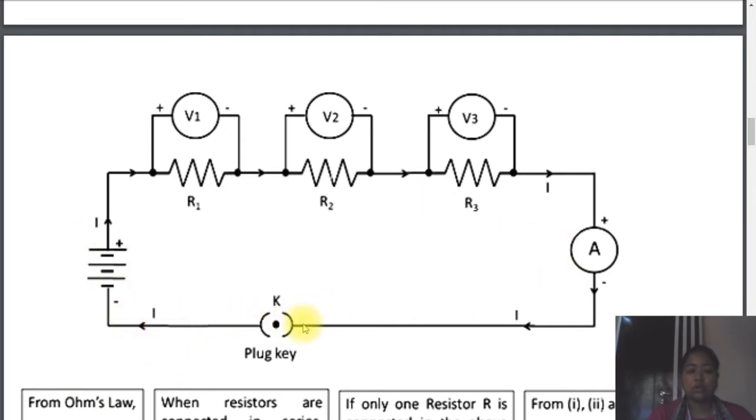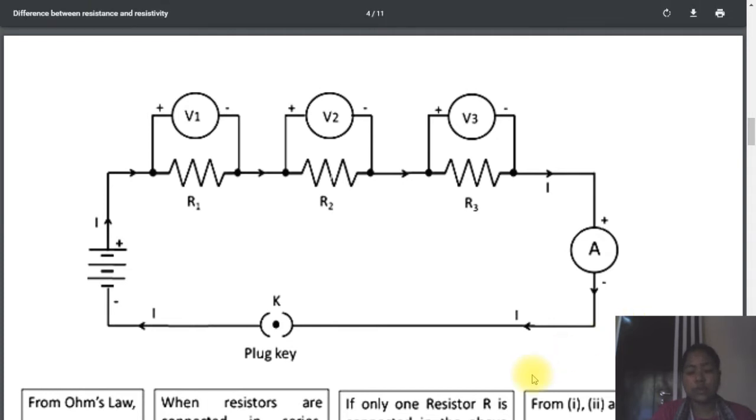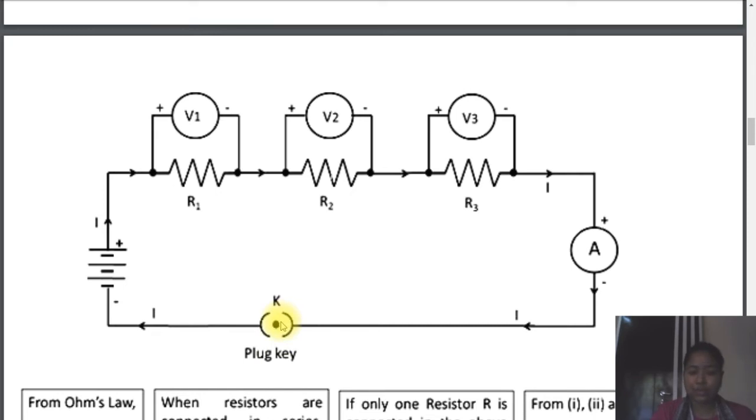To flow the electric current through the electrical circuit, we have the key, and there are two situations: when we open the circuit and when we close the circuit. When we open the circuit, the circuit will be incomplete. That means in the condition of the open key, current will not flow in the electrical circuit.